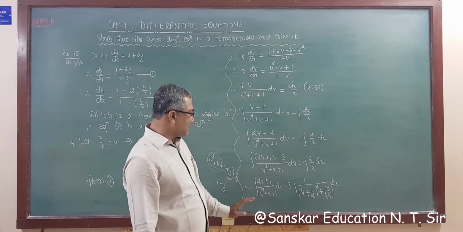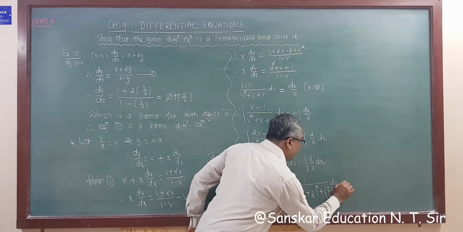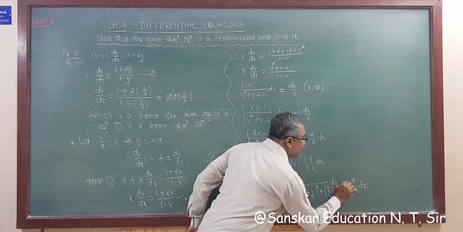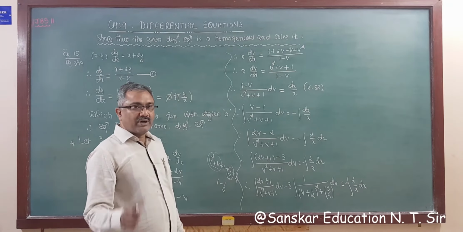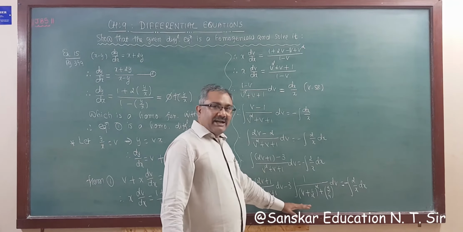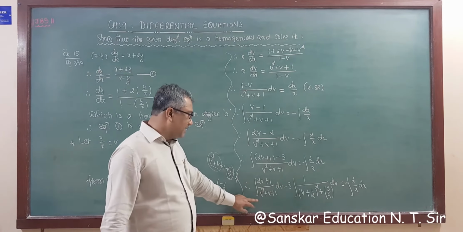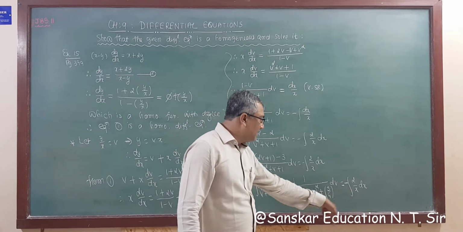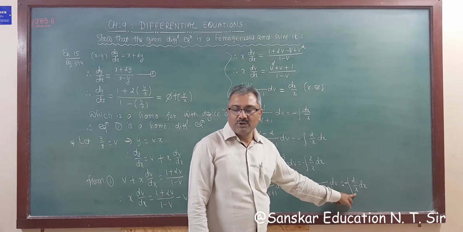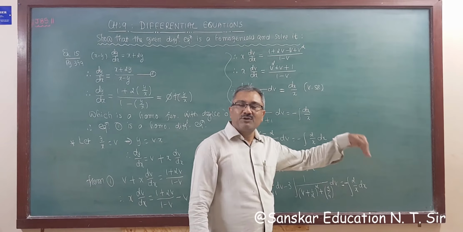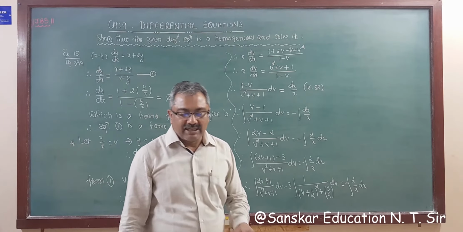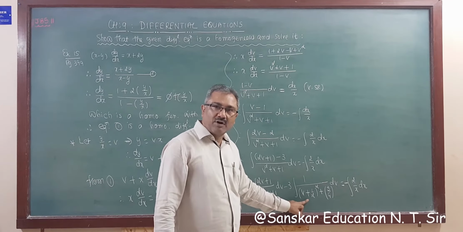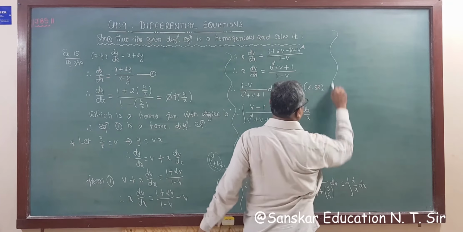So this is dx, sorry, here is dv is equal to integration minus 2 by x dx. This is minus 2 by x dx. So keep concentrating while you are writing, right? Now this is integrable, derivative is numerator. This is 1 upon x square plus a square, that is tan inverse formula, and you know derivative of this is log mod x, right? So we need to write arbitrary constant as either c1 or you can write log mod c, but we are going to write log c because this is not a log in a log form.